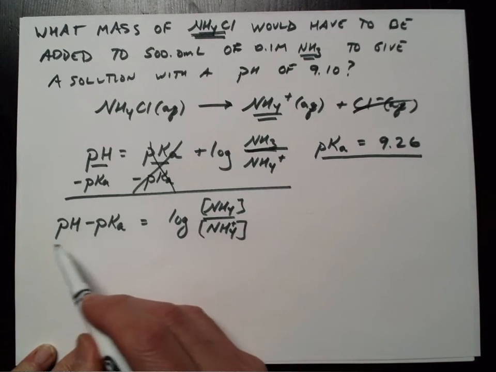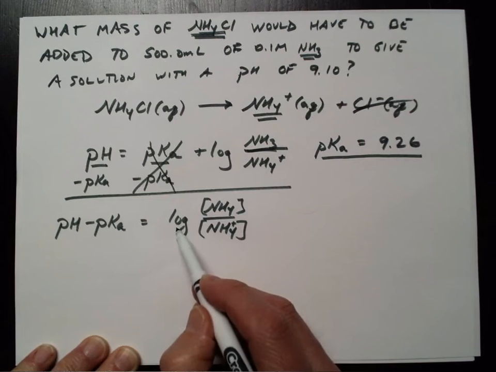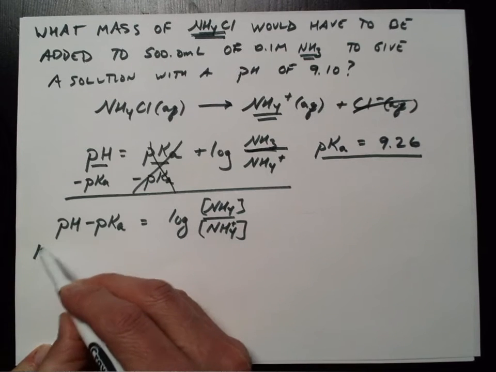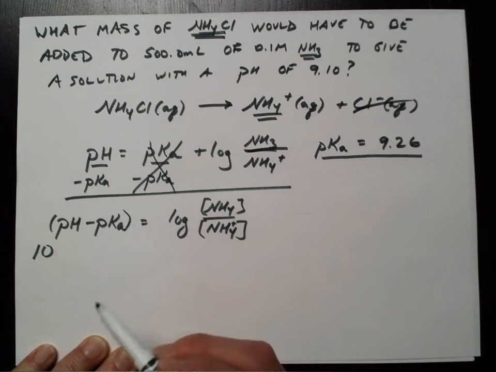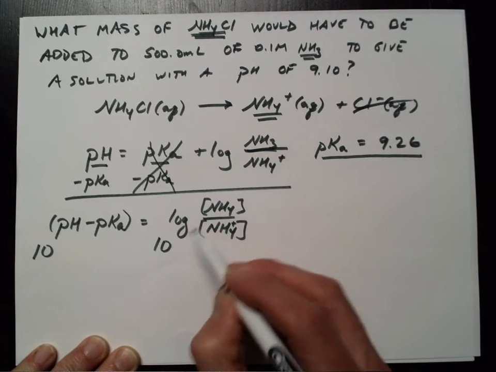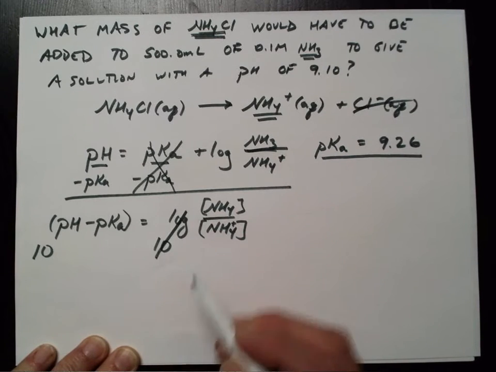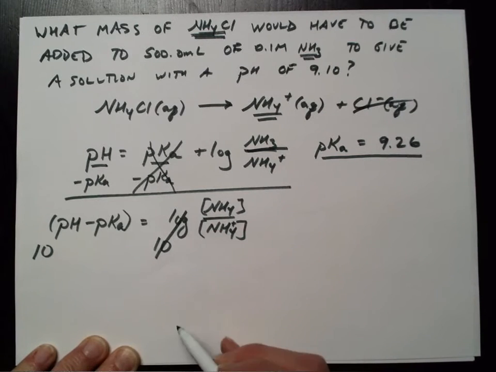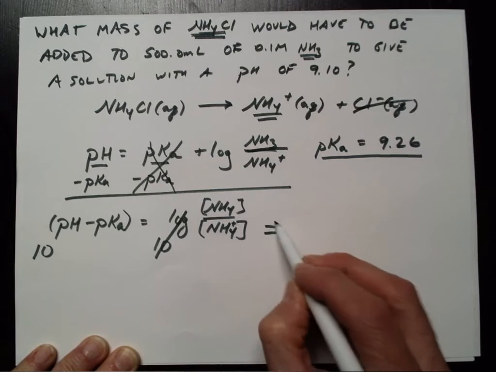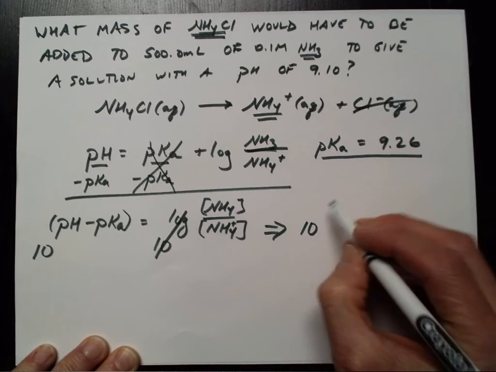All right, looks like I'm going to need to take the inverse of the log on both sides of the equation. So I want to take 10 to the power of whatever pH minus pKa is, and 10 to the log of this. So this is going to cancel, because these are inverse functions. And that leads to 10 to the pH